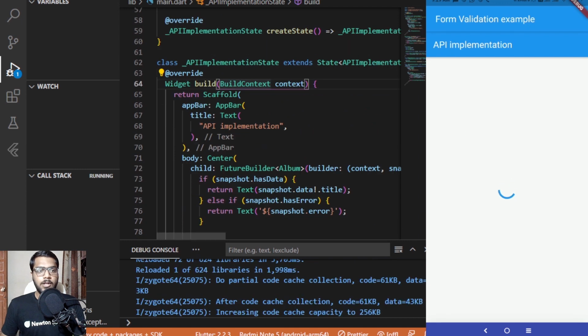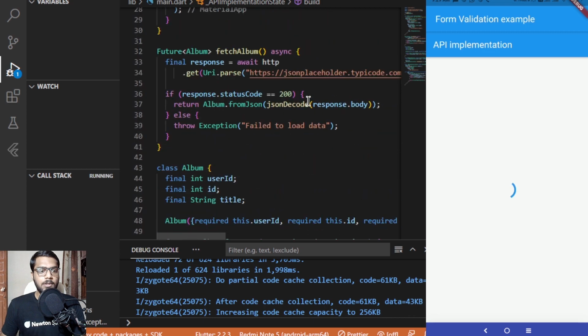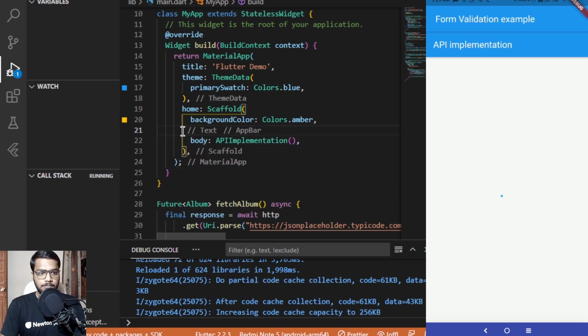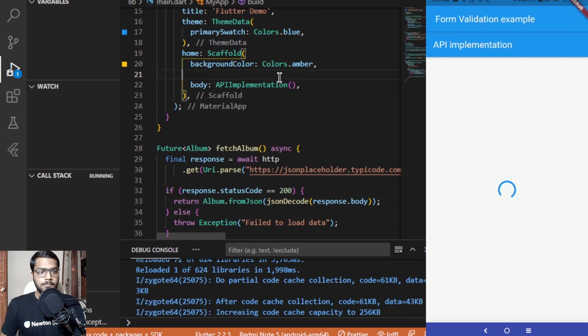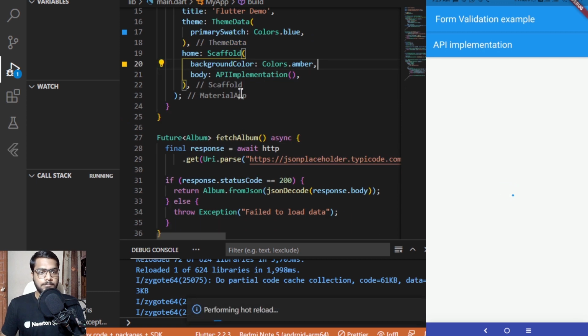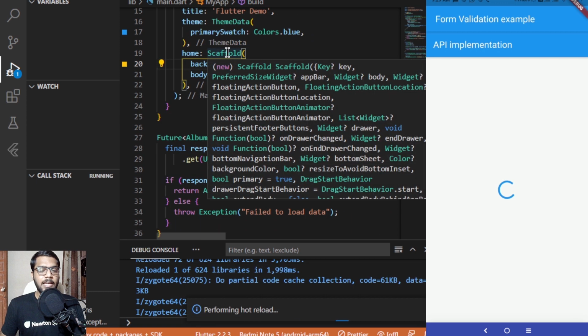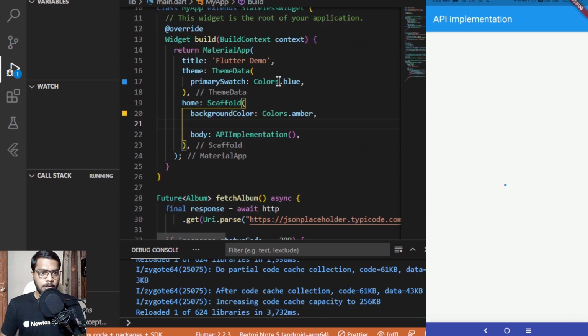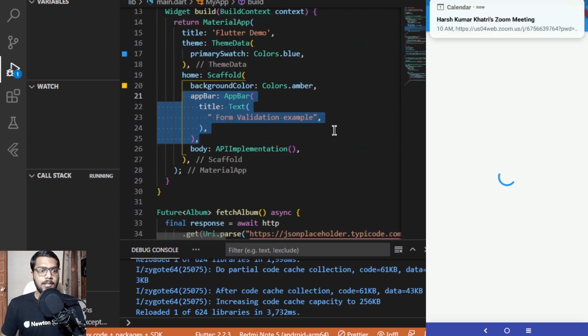Now, I have two app bars over here. Let me remove the first one. So here it is, the form implementation one. And you must be thinking, we are having a scaffold over here and then I have used the scaffold. So you can do that too, but you can directly do this thing as well, adding an app bar over here